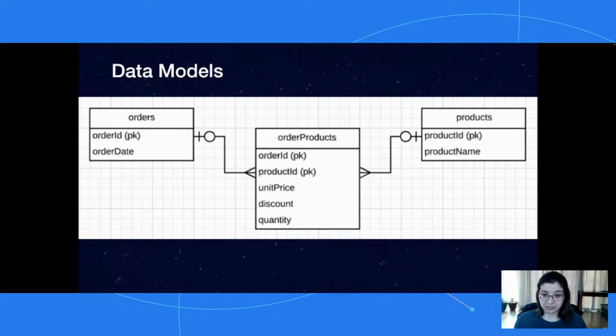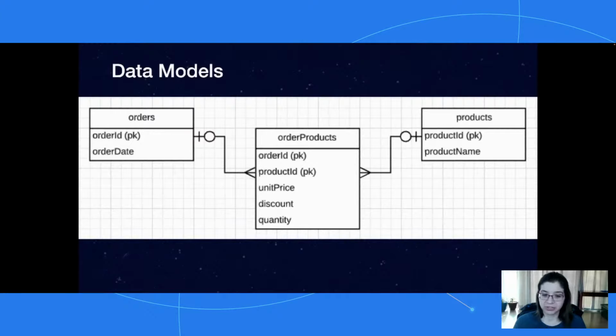So you end up with this many-to-many, and so you'll create this associative entity or join table in the middle that basically leaves us with a one-to-many relationship, as you can see in my cardinality on the lines between the tables. So in the middle we have that join table, and the primary key becomes a composite primary key of both the order ID and the product ID to give it a unique row.